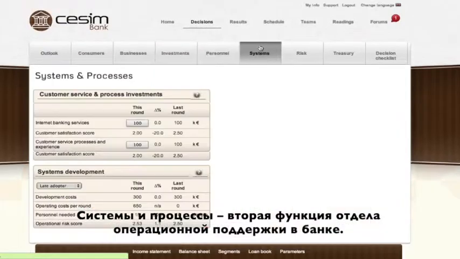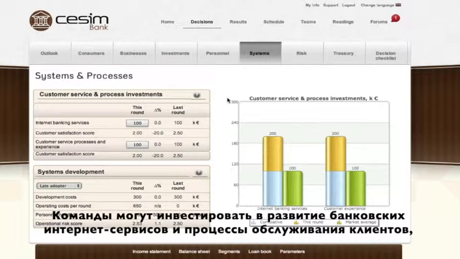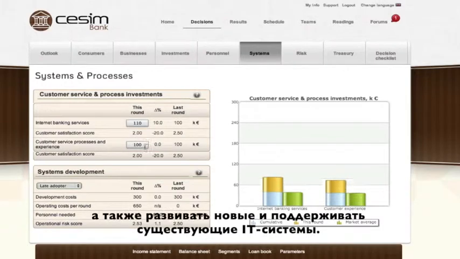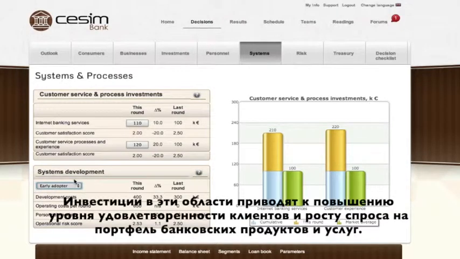Systems and processes form the second back-office function of your bank. The participants have the option to invest in the development of internet banking services and customer service processes, as well as to choose an appropriate policy for investing in new and maintaining current IT infrastructure. Extensive investments in these areas lead to higher levels of customer satisfaction and demand across the bank's product and service